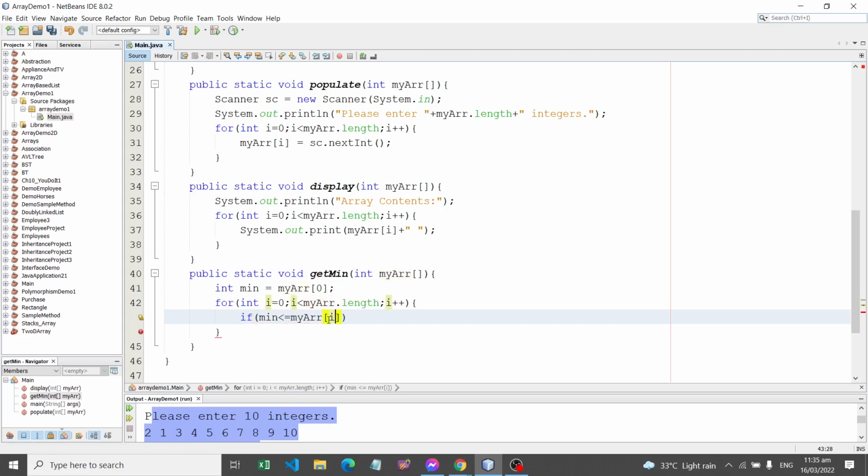The i variable is being used in our for loop, so the value of min will be compared to the element at each index. Then if it's true that min is less than myArr sub i,